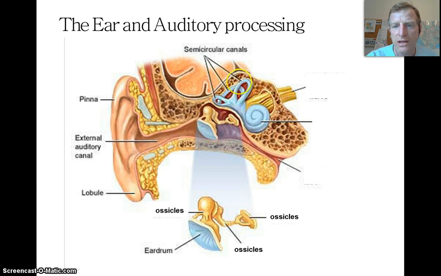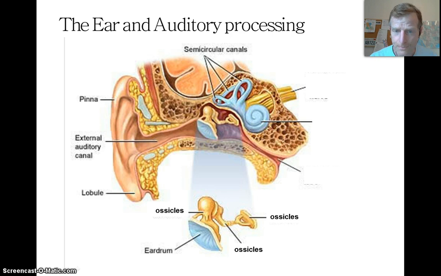That's the semicircular canals. Semicircular canals are full of fluid, and when you spin around or when you're moving, that movement of that fluid in there is what you associate with movement. So your semicircular canals are involved in your sense of balance and movement, and they of course send that information to your cerebellum and other parts of your brain. This is why if you spin around really fast and then try to walk in a straight line, you have a hard time. That fluid is still spinning around in there, and your brain has a hard time figuring out